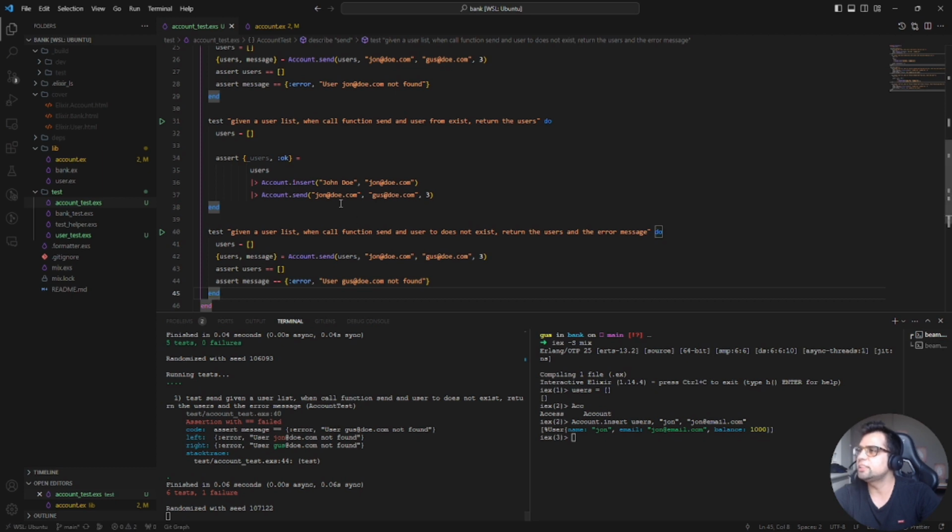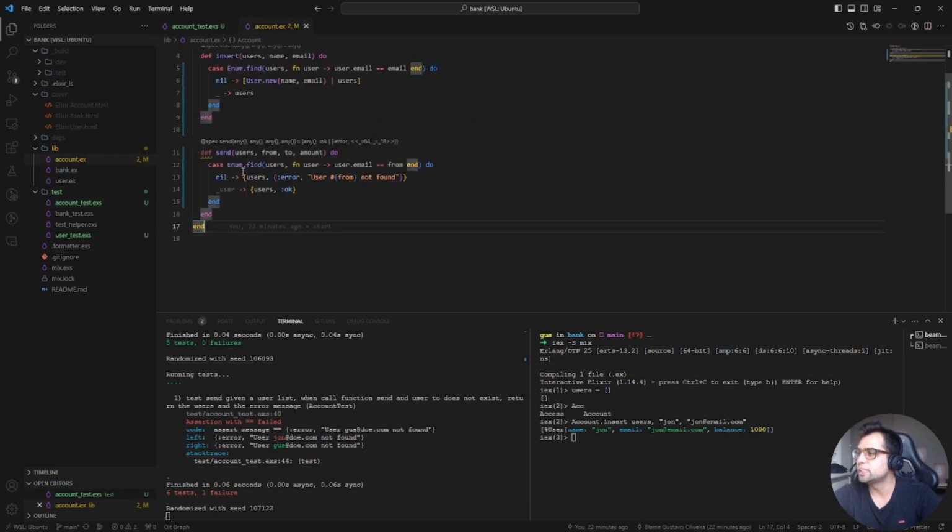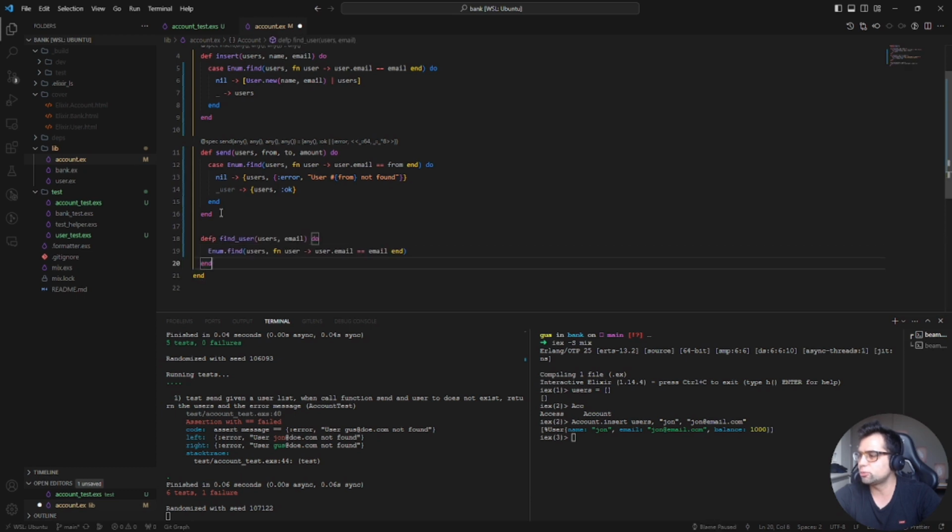As you can see, the error message is different. The validation is the same, but what we're gonna do, we're gonna use this function to find something, and this function will be private, and we can say something like find a user where we got the email, and then we can just replace here